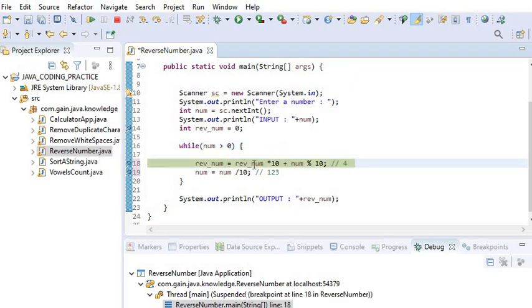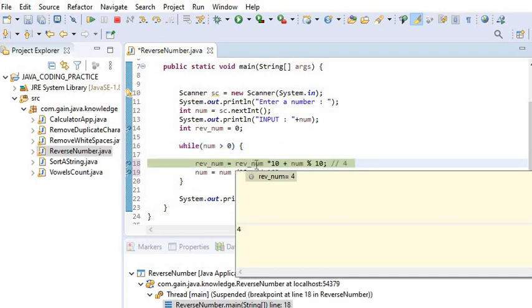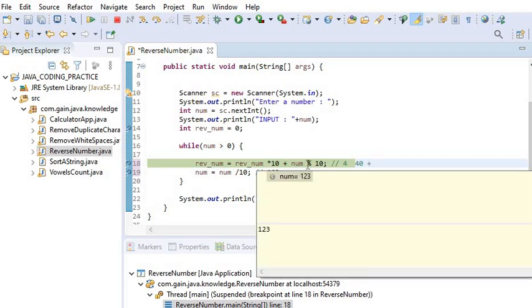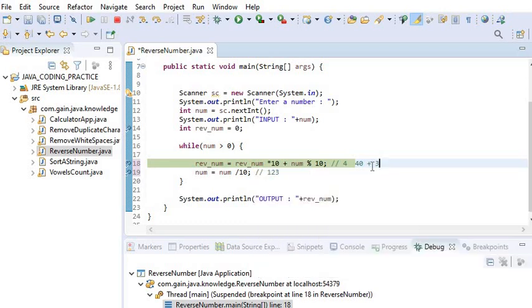This time the reverse number value was 5, so 5 into 10 is 50, and now we need to add the remainder. 50 plus the remainder, which will be 4, so the output will be 54.